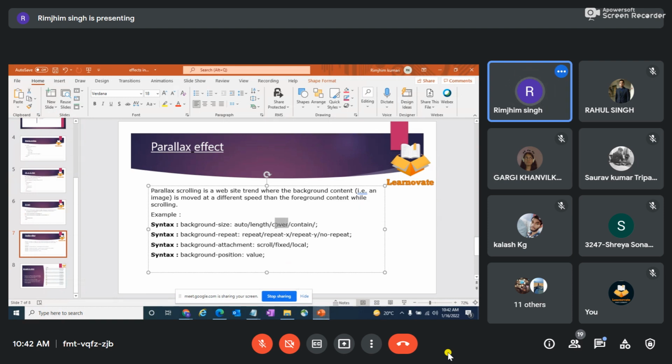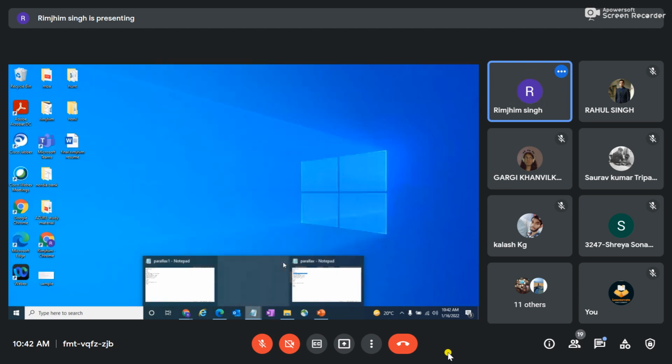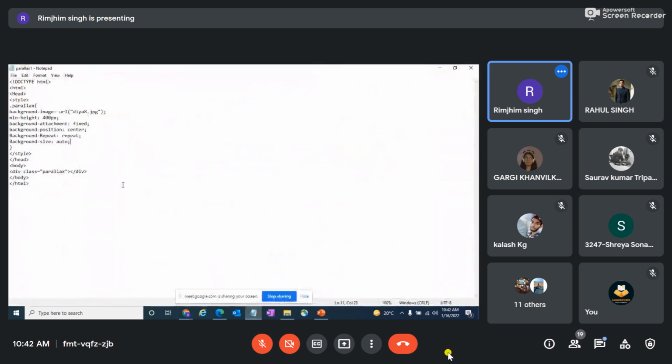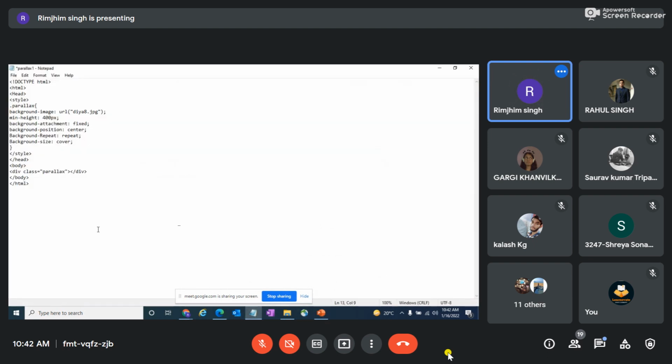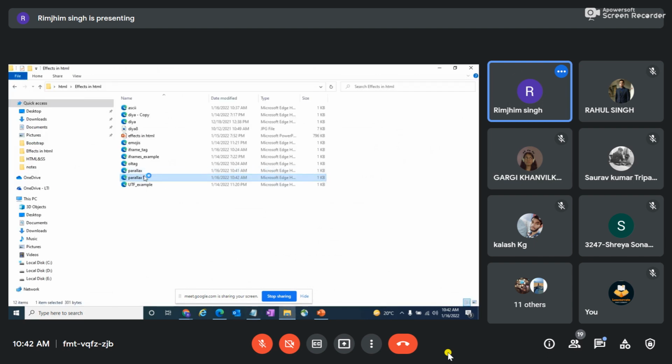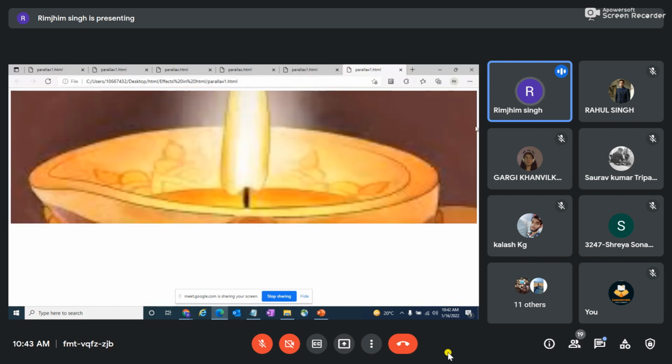So if I give the background size as cover, let's see what happens. Background size cover, yeah. And then let's see. See, you can just see here.